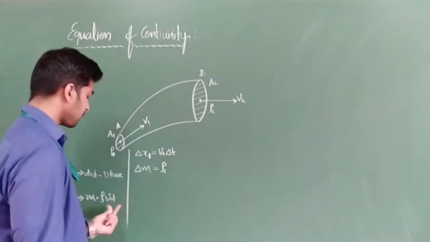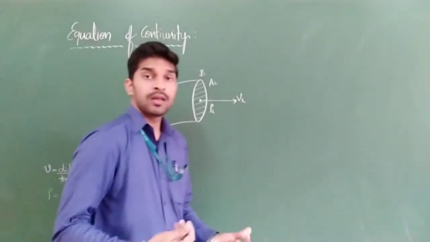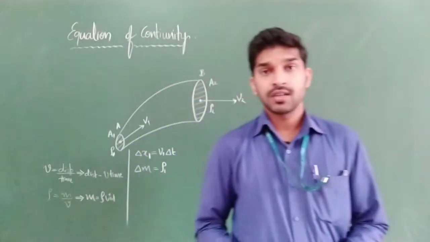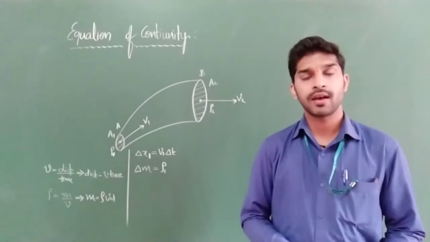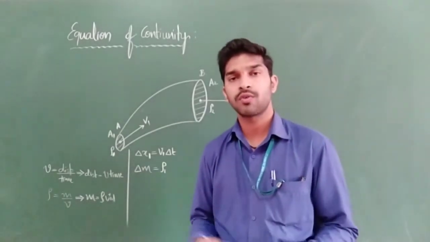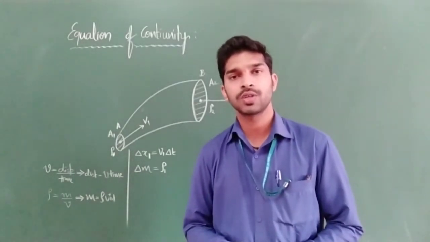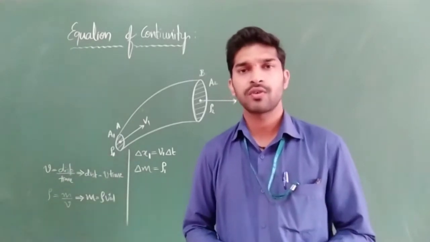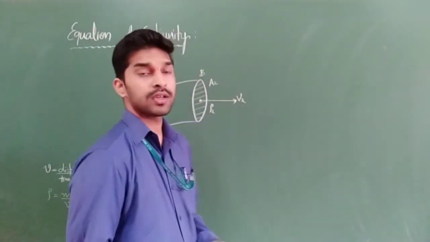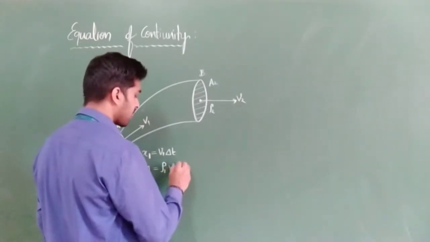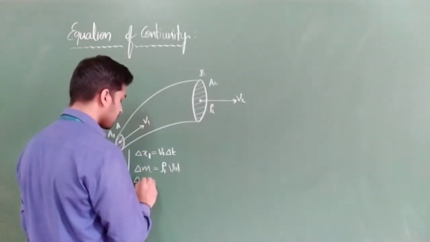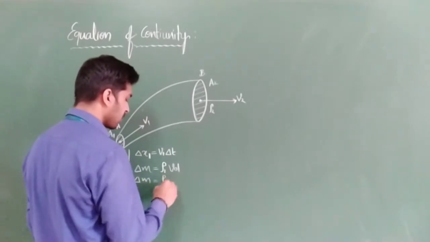Next, for volume, imagine a cylindrical vessel whose cross-sectional area is A and height of that cylinder is h. Then what will be the volume of that cylindrical object? Can you tell me the value for that? How can I write it? So delta m is equal to density rho 1 into volume.